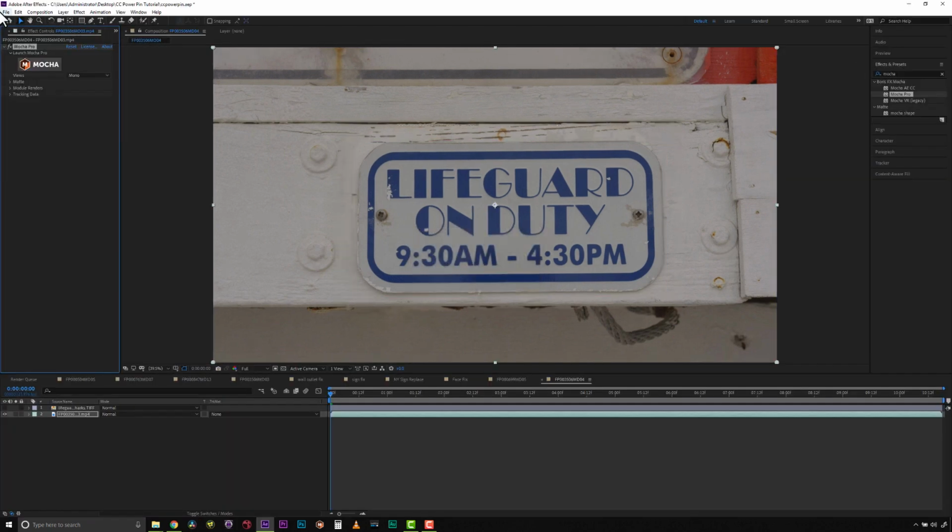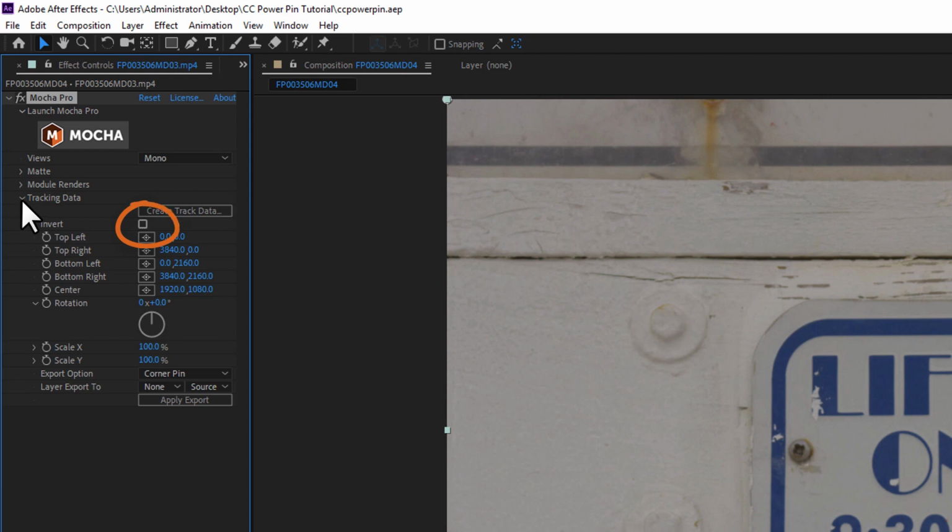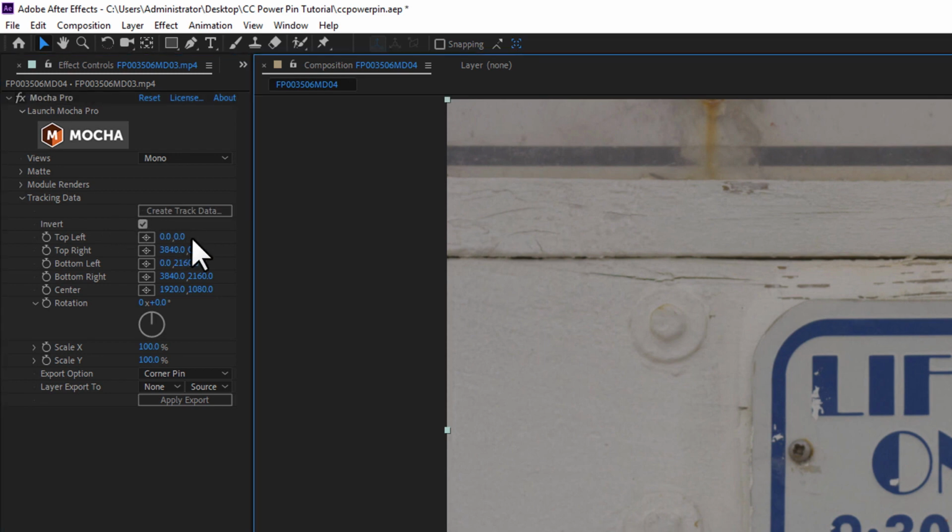Inside of After Effects, I will select my Effect Controls tab and go into the Mocha plugin interface. I select the Invert checkbox to make sure I am inverting my Mocha tracking data. This inversion is a vital step because it is essentially reversing the camera motion that I tracked within Mocha based around the frame I used Align Surface on. Without this step, my stabilization will not work.